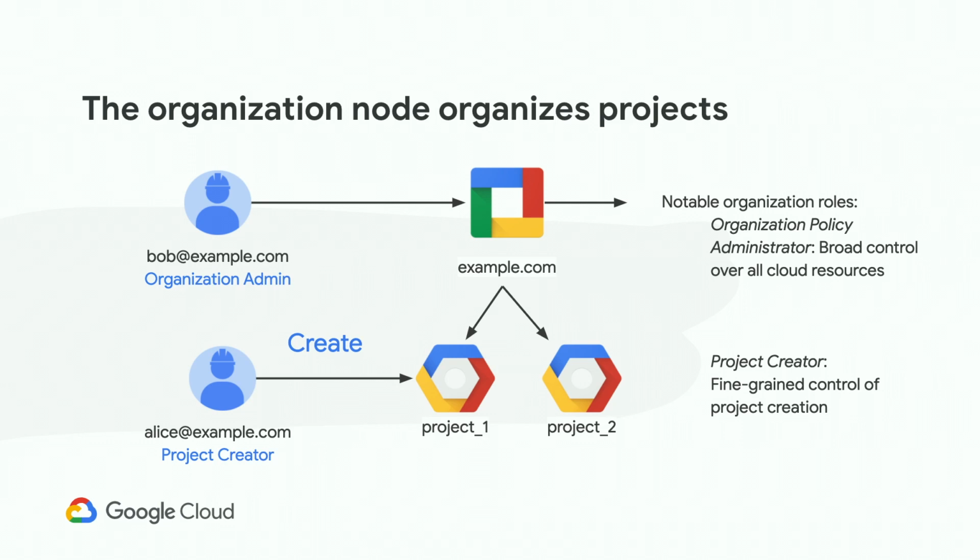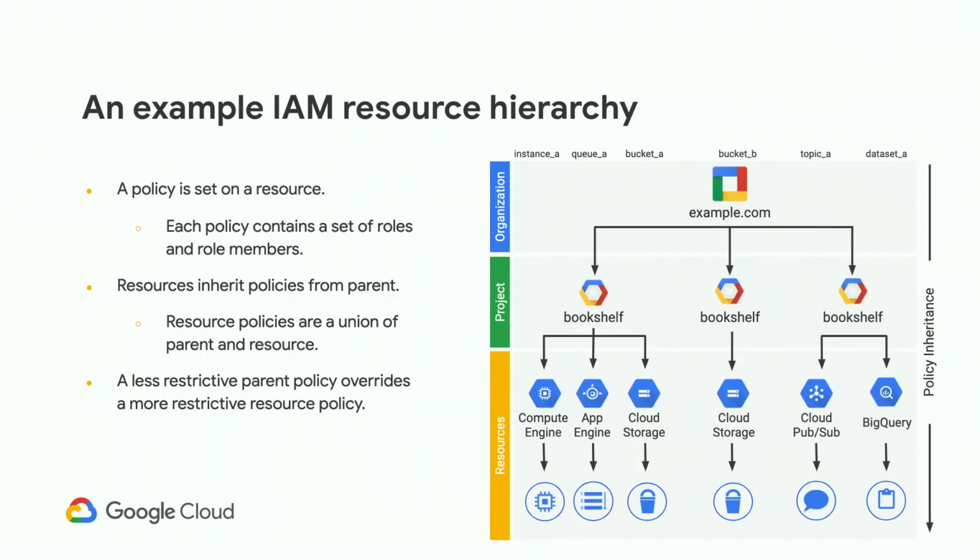So then they can make the decision to create a new project and then start getting some resource, and every single resource you pay as you go. And there's an example of an IAM resource hierarchy, and then we told you that yes, you can set up the policies on different layers, and on each layer you can put some definitions, and they might conflict with each other,